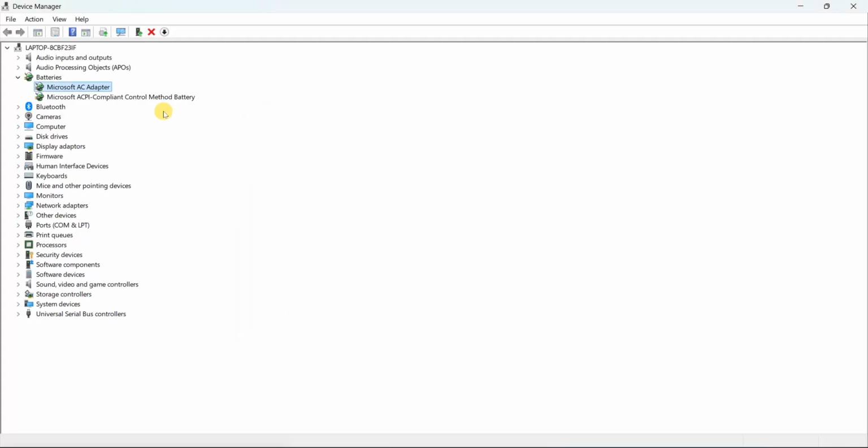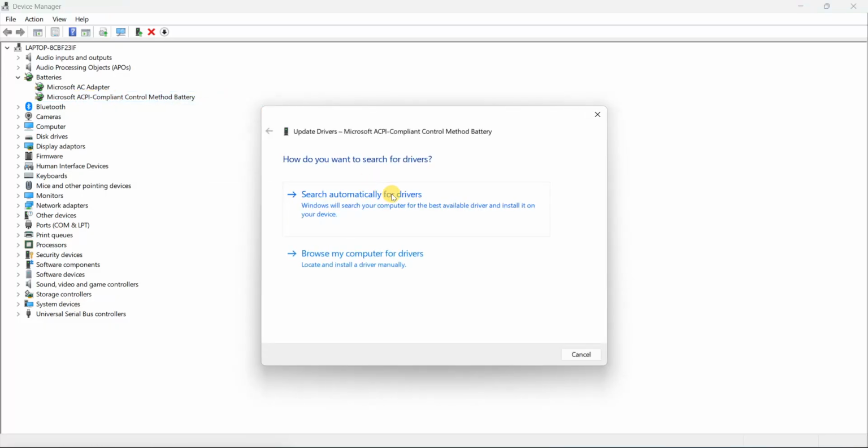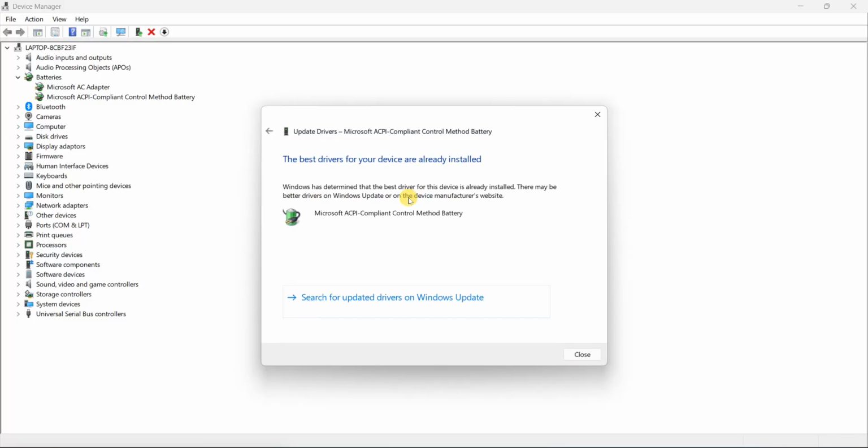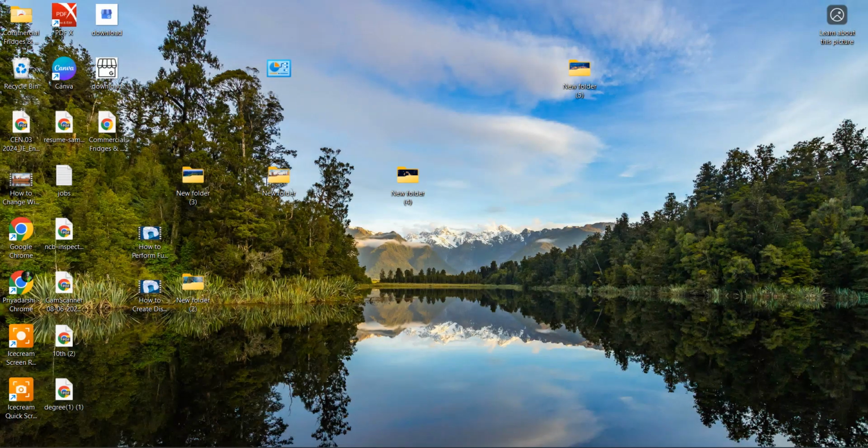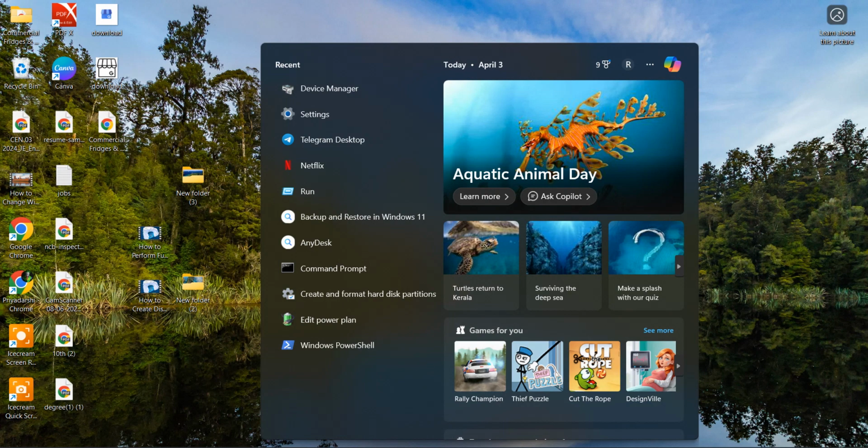Cancel this. Now check for another option, Microsoft ACPI. Go to update driver and now look for search automatically for drivers. As you can see here, my battery driver is already installed. Now close this window. Now again go to the search bar and type settings,